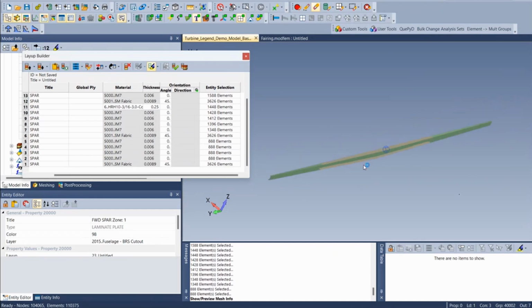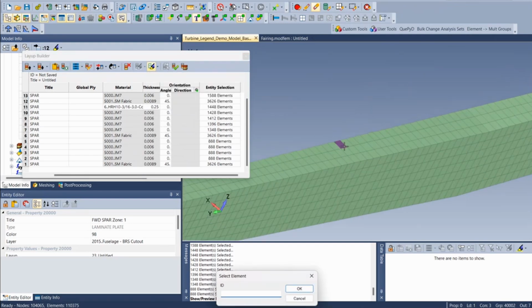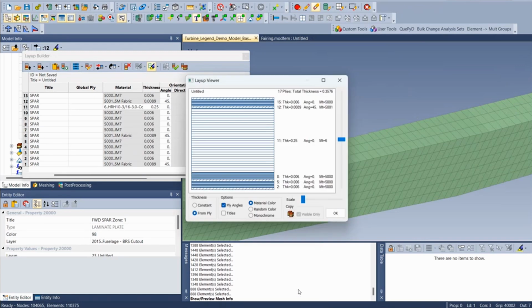Where did you select your fiber direction? So outline selected elements. Apply fiber direction, same thing. We can also do a preview element layups. So I can say, hey, what is the layup in this region? Well, we have